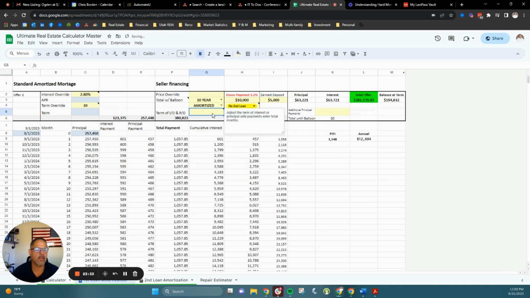Now, I also have the option here to negotiate with the seller on having them carry a second. Say I have a property that's fully owned outright, with no particular lien on it, and I don't want to have any cash in the deal. Obviously, this is something you would need to negotiate with the seller, but I can pick up the property